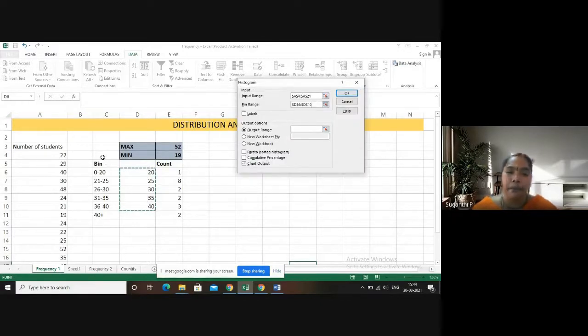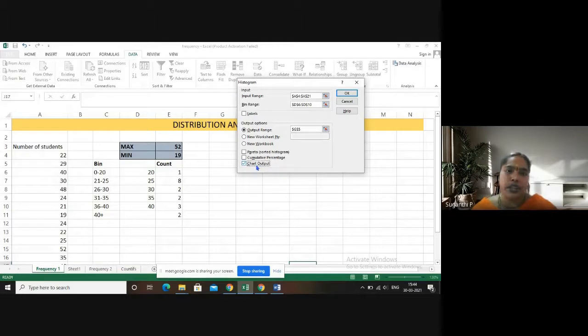Don't select the bin label, but select the upper range of all the values. And then come to output range, keep the cursor next to output range, and where do you want to see the output? Do you want to see the output in a new worksheet or in the same worksheet? In this case, I'm going to see the output in the same worksheet, so I'm keeping the cursor somewhere like G5.